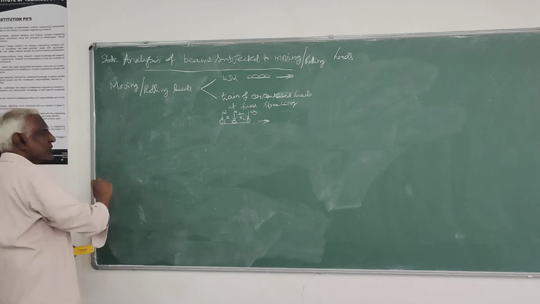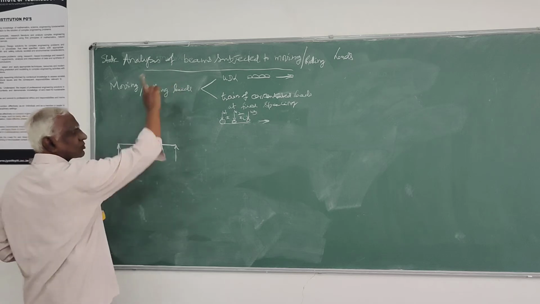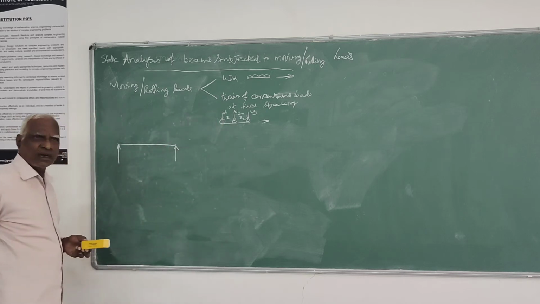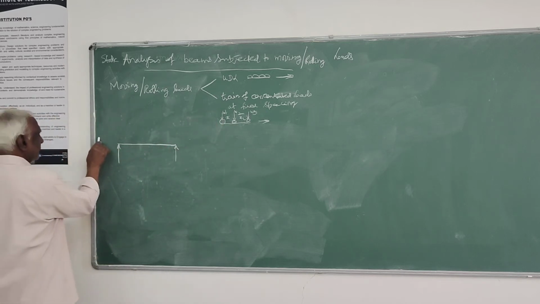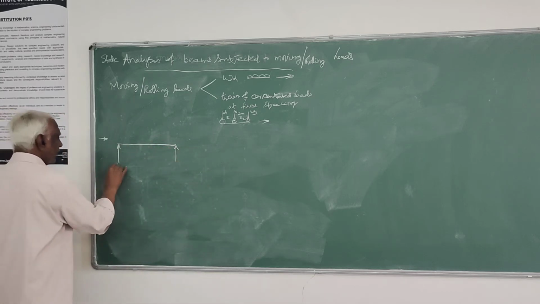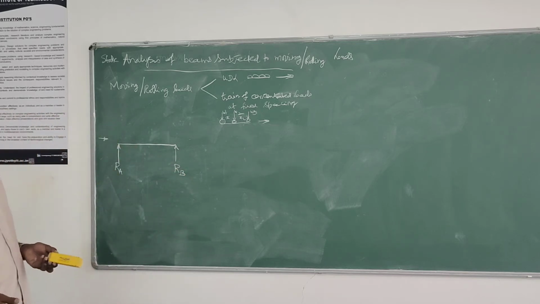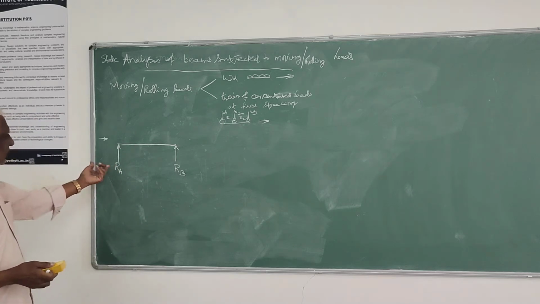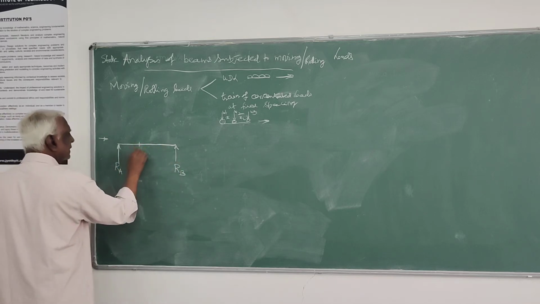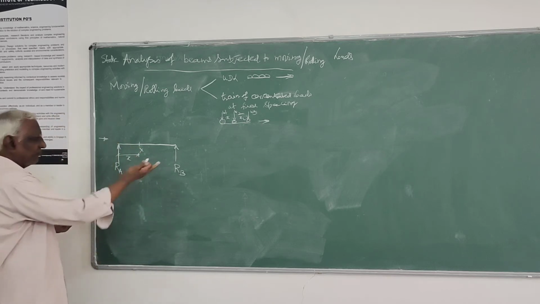So for these moving loads, again we can analyze the beam. Beams only we have, beams subjected to either this type of load or this type of concentrated loads when they are subjected to moving load either from left to right or right to left. So how to evaluate the various forces developed in the beams, that we will examine now. So the various forces are the reactions at the supports, and at any section or any point, some distance, either from left hand or right hand.